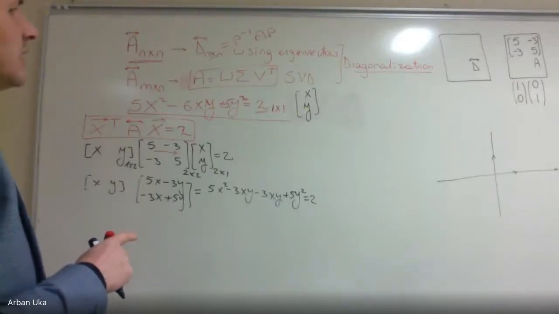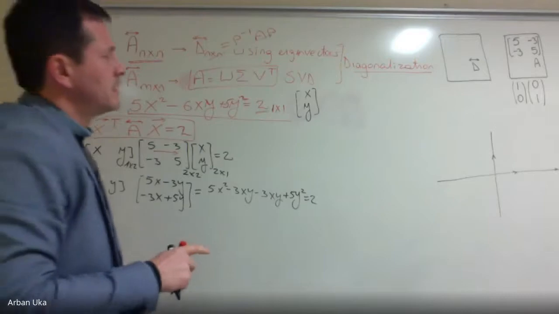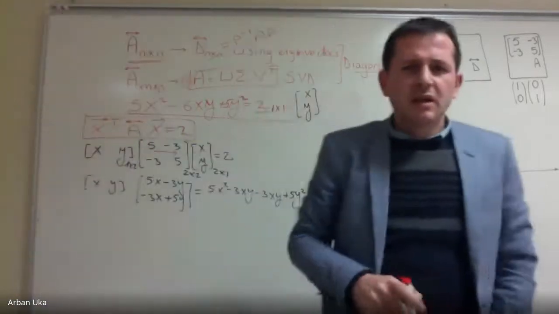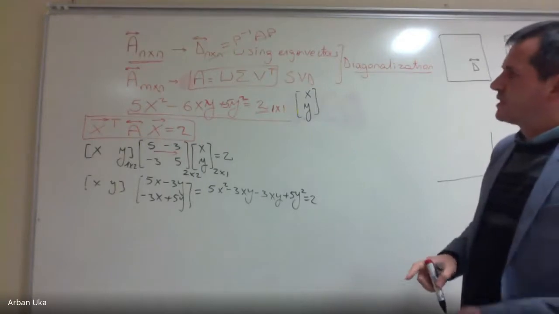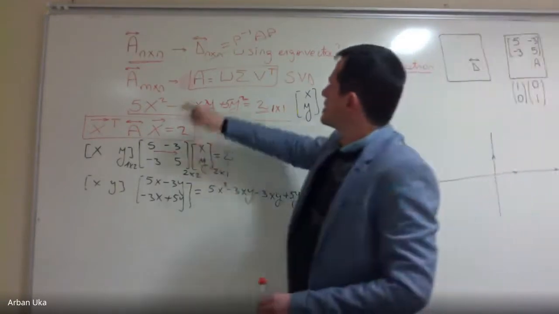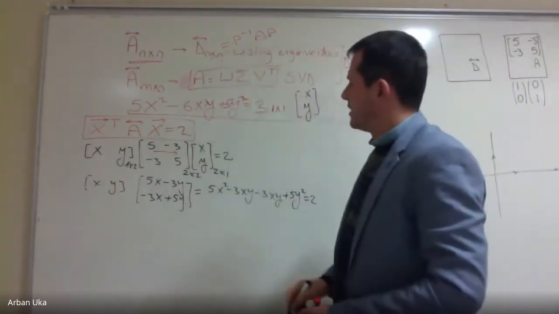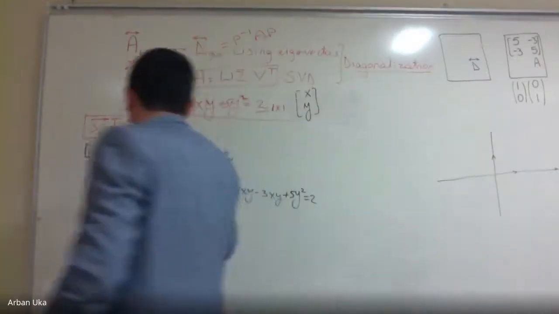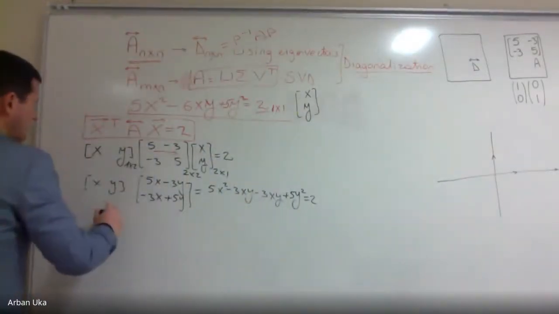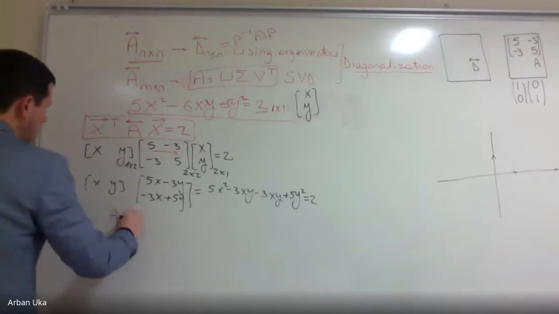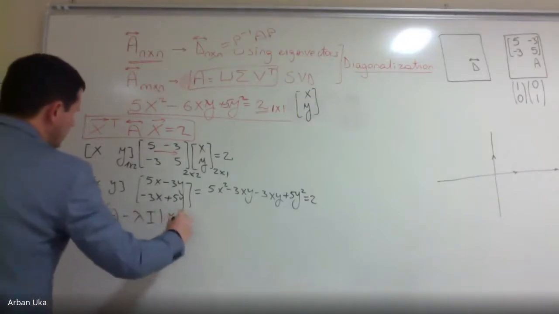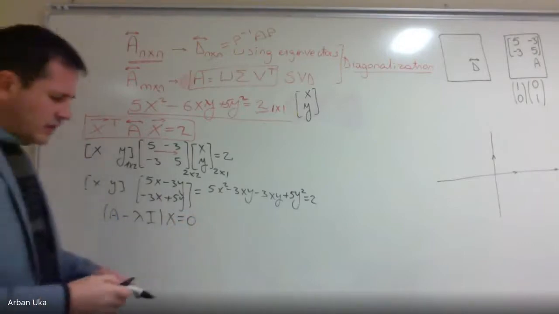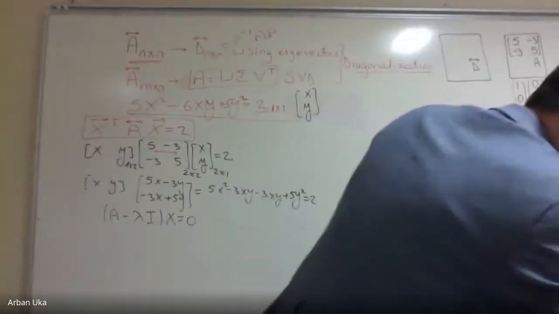And now the question is that we have to find a way how to represent this better. This is a square matrix. Let's use the eigenvectors. What are the eigenvectors? We have to identify. We have the matrix A minus lambda I, times x, and this would be equal to 0. So why do we use this notation? Because we know that